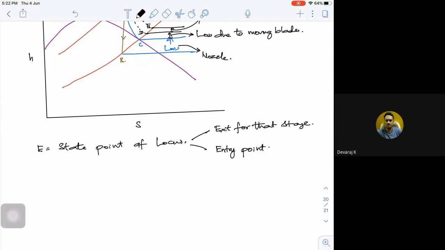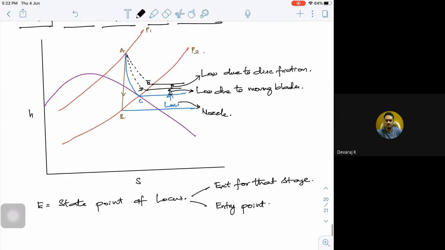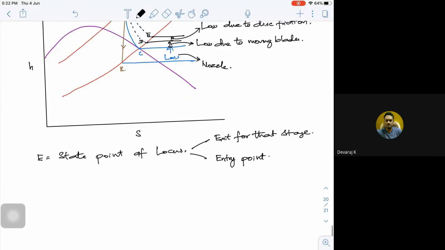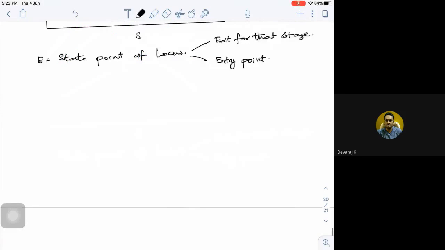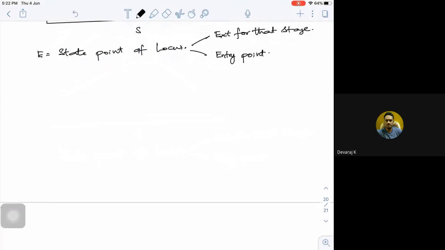So instead of steam entering at either C or D, where more losses are there, if it enters at E, what will be the condition of the steam? The condition of the steam is dry and superheated, but at that particular pressure. Okay. Now, if I go for multi-staging, what will happen? Let's draw the HS diagram for a two-stage or three-stage, then you'll be able to understand. So let's draw it for a three-stage.